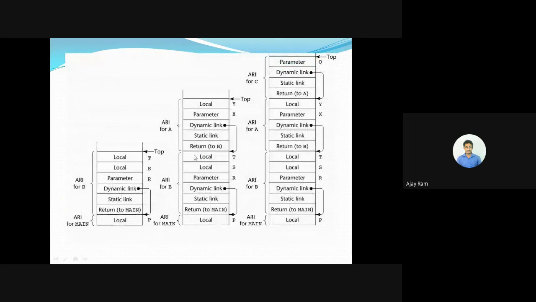We can see here in the second diagram, after B, we have created the activation record of A, where we have one local variable and one parameter, y and x. The dynamic link, static link, and return address are common. The dynamic link will be connected to activation record B, because B is calling A.